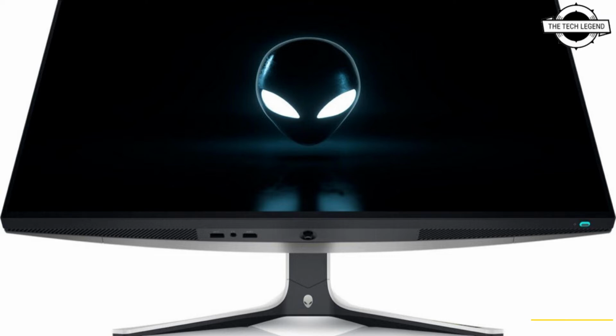And friend, the 27-inch model is called AW2723DF, and it supports 1440p resolution, and here we are looking at a fast Nano IPS panel that has a native 240Hz refresh rate, and friend, it can be pushed up to 280Hz using an overclocking option, and friend, it supports FreeSync Premium, G-Sync Compatible and AdaptiveSync. So here all your bases are covered regardless of which GPU you hook it up to, and friend, it also